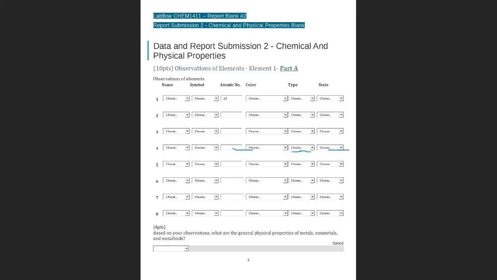We know how to complete part A. And then here it is going to ask you, based on your observations, what are the general physical properties of metals, non-metals, and metalloids? That is something that you are going to look up probably in your book, but in general,